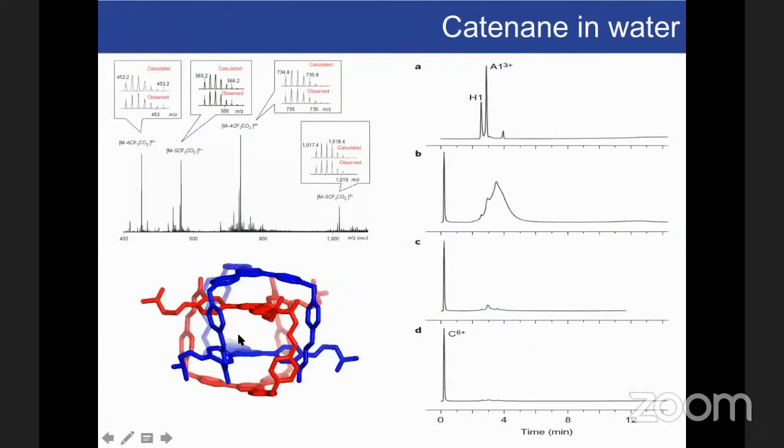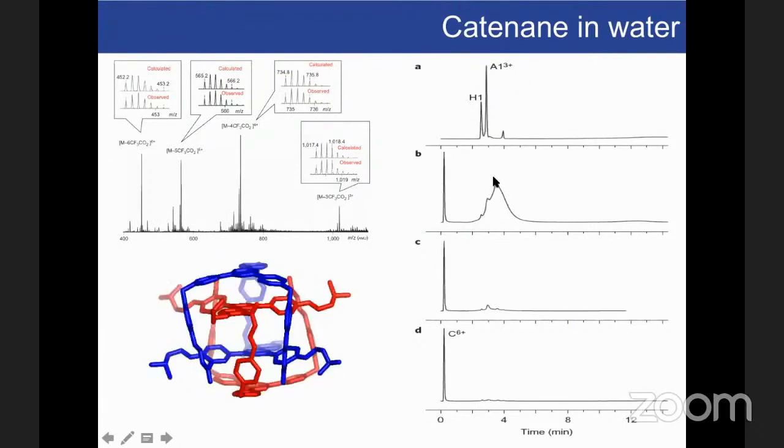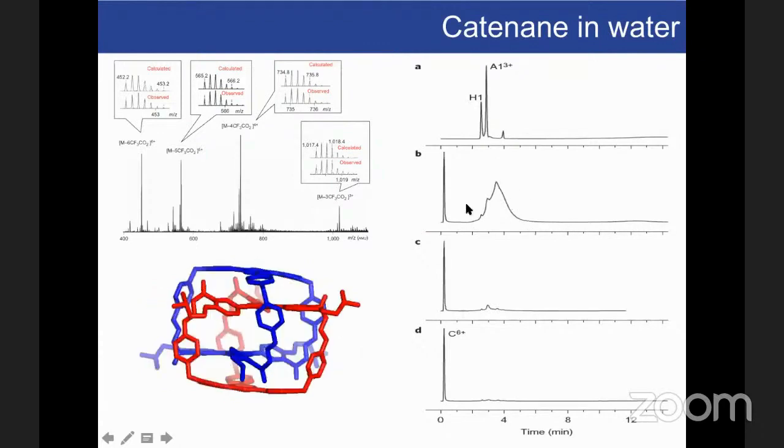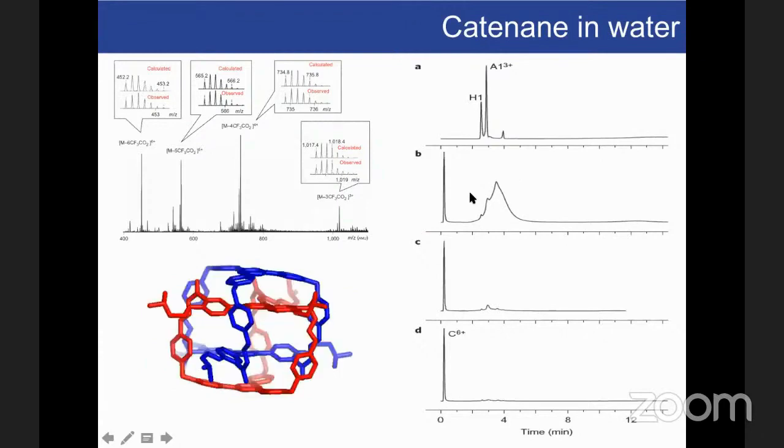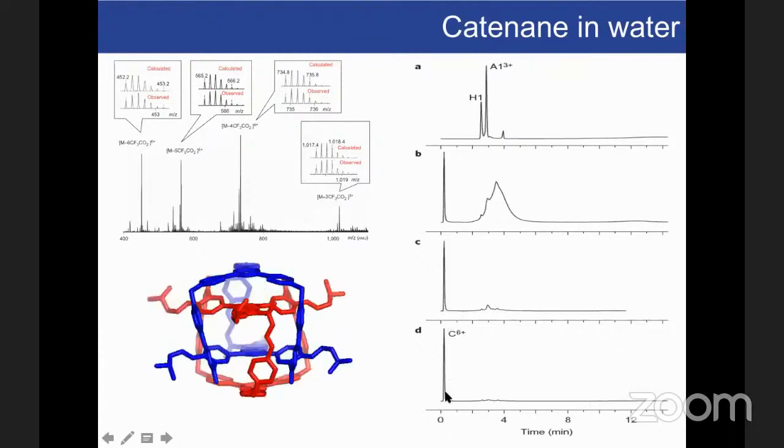And this is a single crystal. You can see in the beginning, we have the starting material. In the beginning of the self-assembly, we get many polymers and oligomers. You can see we have a broad peak here. And after heating, after 8 hours, you can see the catenane is the only product we can observe.